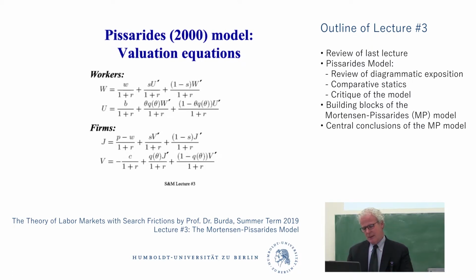Firms get the rest of the surplus after they've paid the worker's wage. The same idea is used in the Morton and Pissarides setup. And again, the firms have an option. They have a probability S of losing the worker, the same probability the worker faces when employed, and 1 minus S is the probability of maintaining production in the next period. Any questions about that? So it's really basic, and I know you've seen it. It will get complicated in a second.